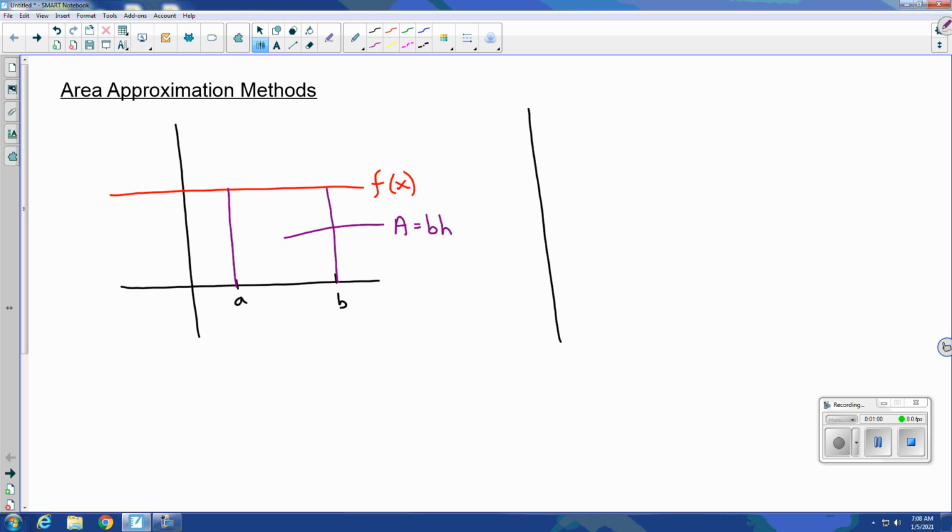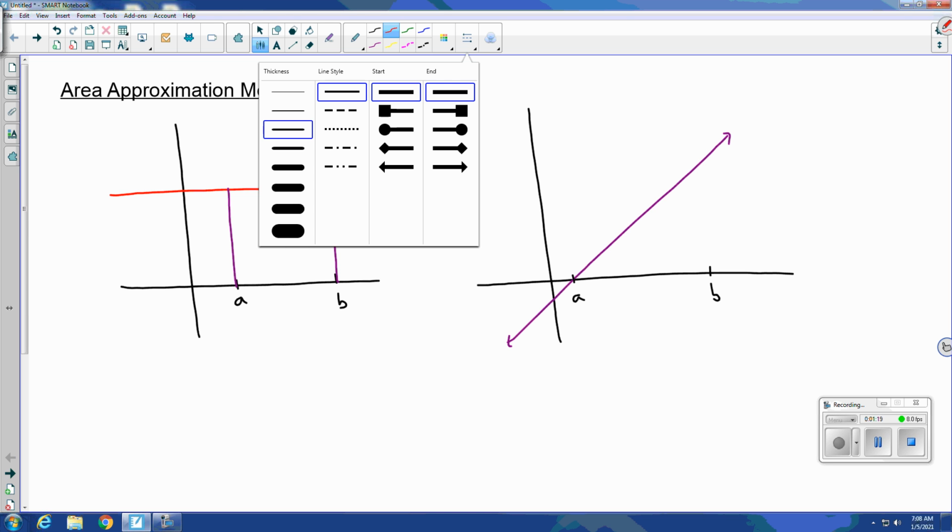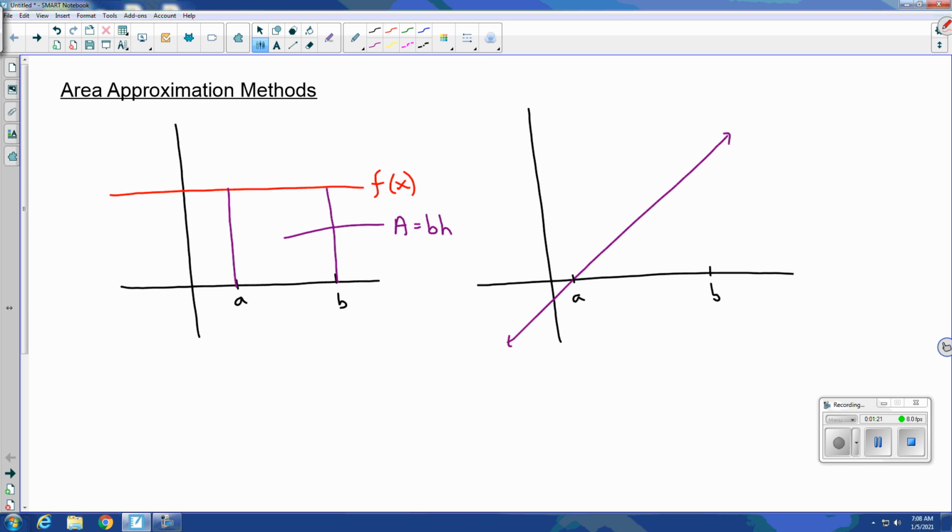Another example, let's say we have a linear function with an identifiable slope and y-intercept. And again, we're interested in calculating the area between the function and the x-axis from the interval from A to B. In this case, you'll see that the polygon that is formed is a triangle. So calculating that area is still a matter of identifying the base and height and using the correct area formula